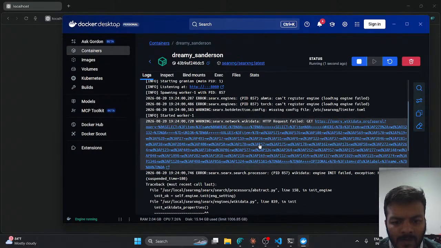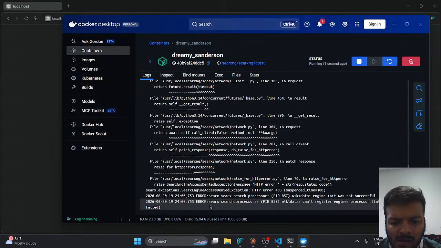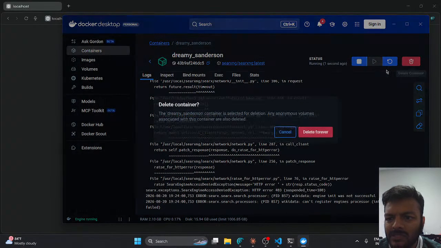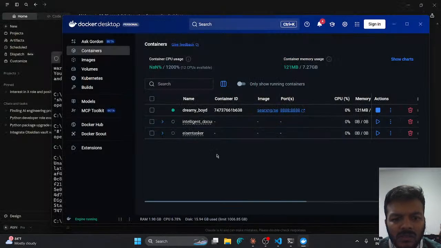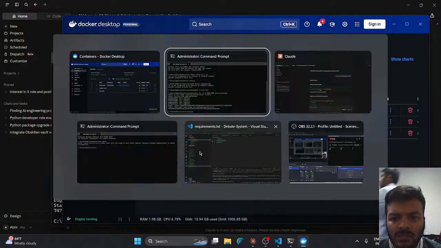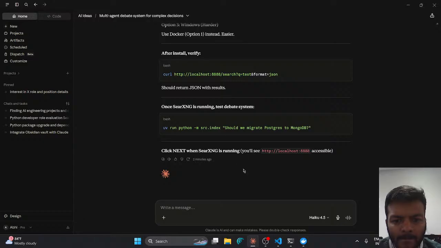There's an error. I don't think this is working anymore. Just delete it. SearXNG is not working. Any other alternatives, free, like Google search or